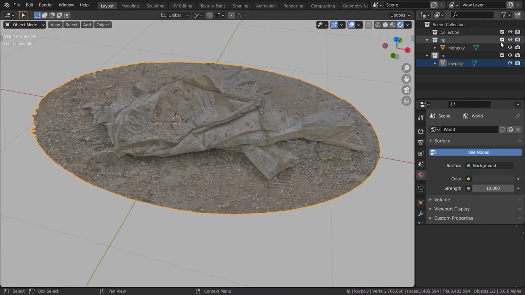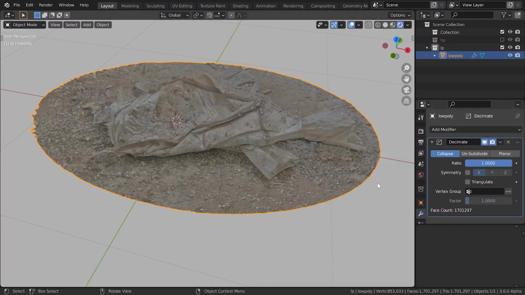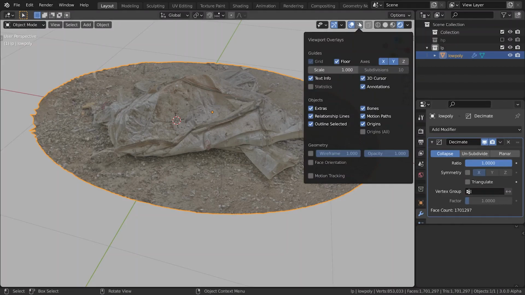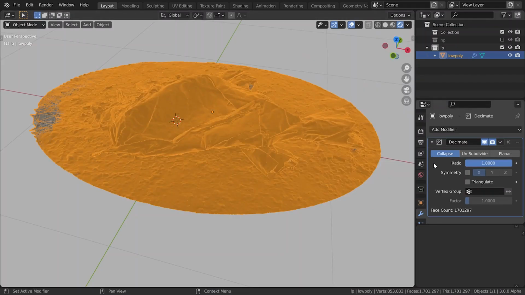Probably the easiest way to turn the high poly version into its low poly counterpart is to utilize the decimate modifier. If you have a look at the modifier settings, you will see the face count displayed at the bottom. Right now it reads 1,700,000 polys. If we enable the wireframe, we'll have a better look at how we crunch down the poly count. So the ratio of 0.1 reduces the poly count by the factor of 10, obviously,